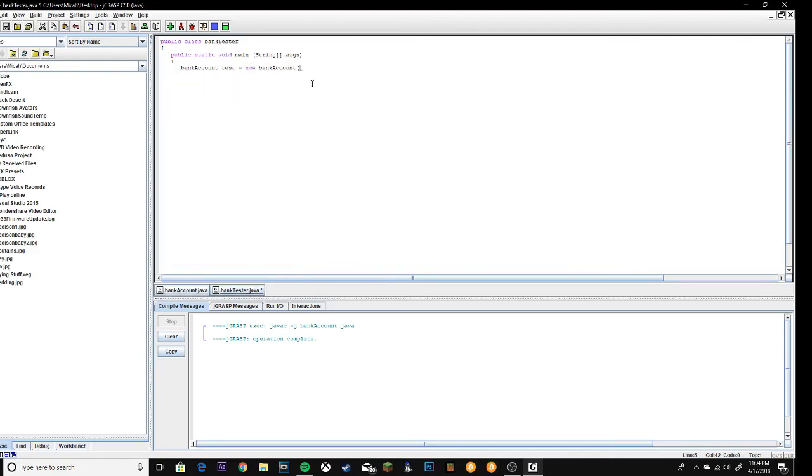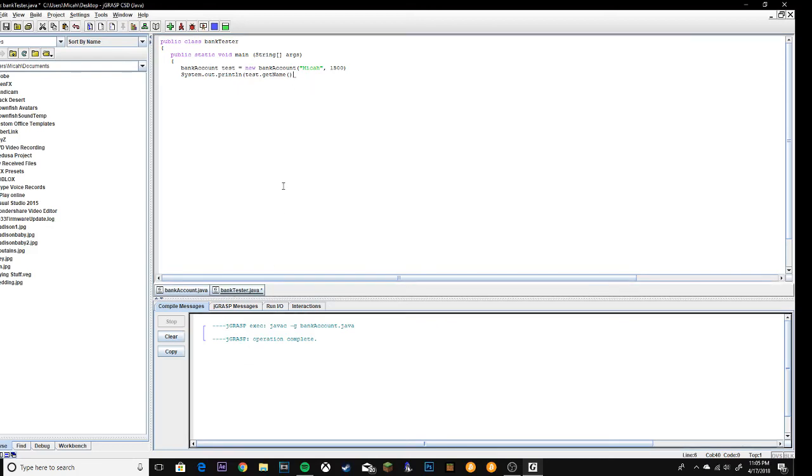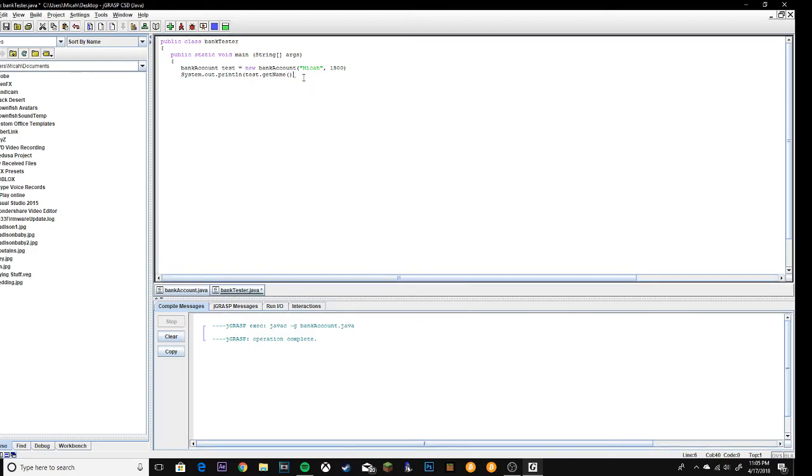I'm going to put my name, and then I have $1,500, that works. And so now if I do a system.out.println and I do test.getName, remember all that the system.out.println is going to do is print it down here so we know what's going on within the program. So test.getName,